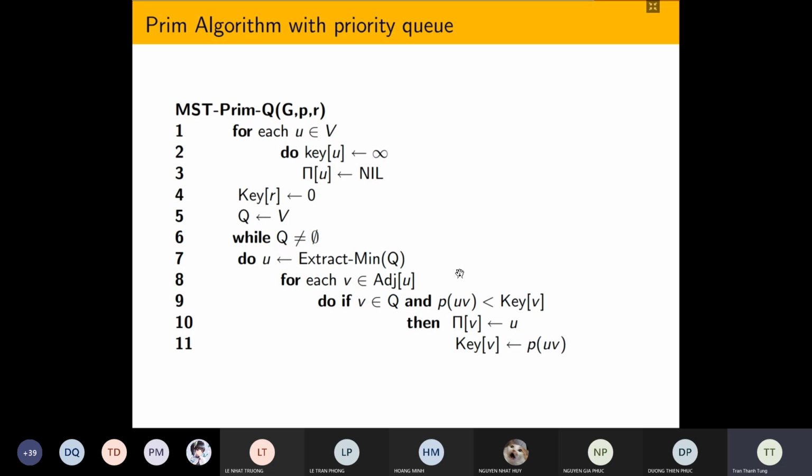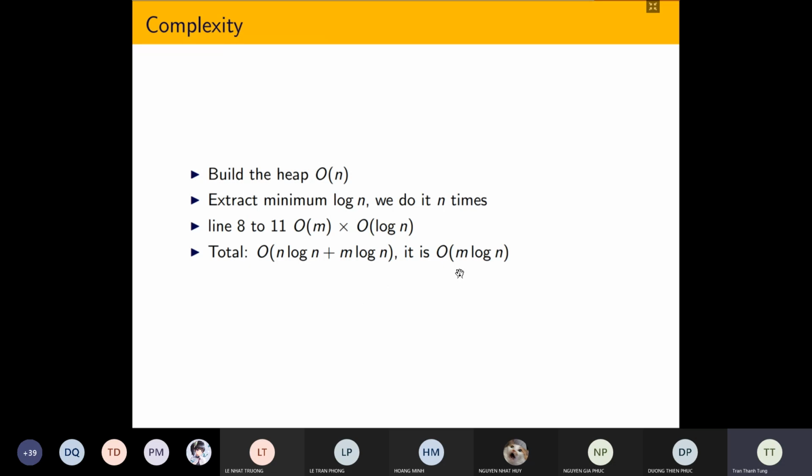Now, this one you can read at home, because we want to move to another thing. Okay. So now